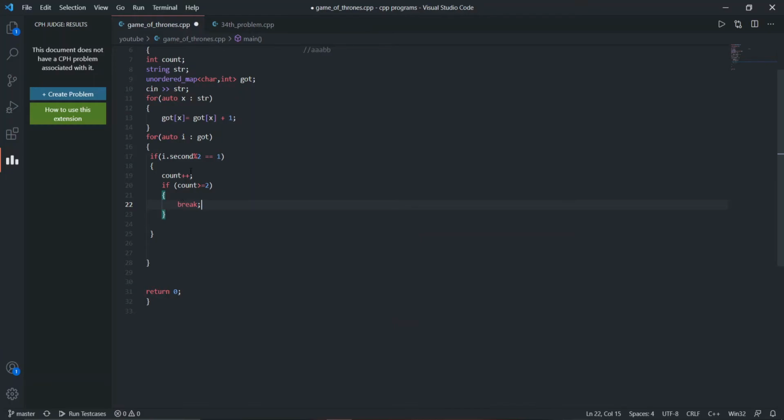Because we didn't want to iterate through each element, we maximum need the value of count to be 2, not more than that. If the value of count is 1 or 0, then it is a perfect palindrome. If the value of count is greater than 2, then it is not a palindrome and we will print no.